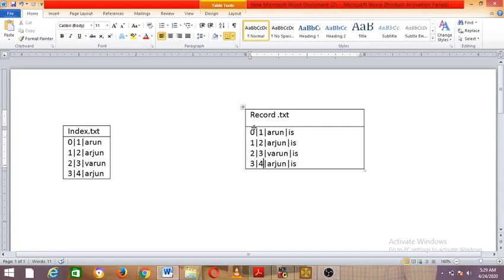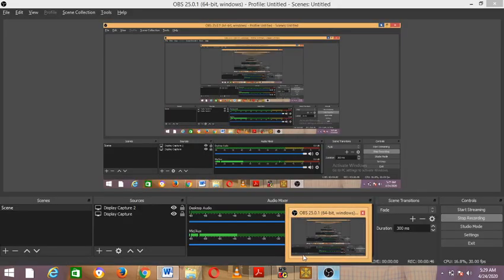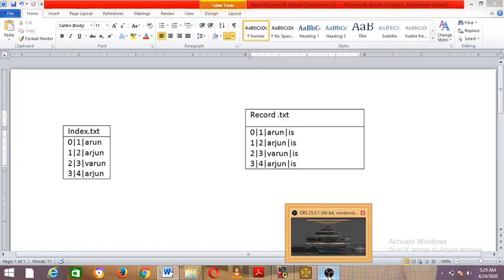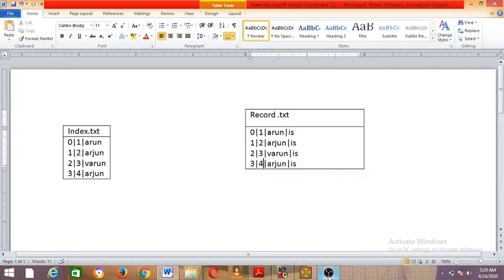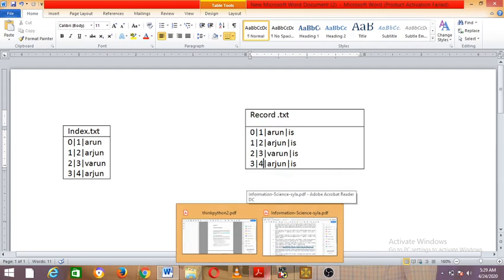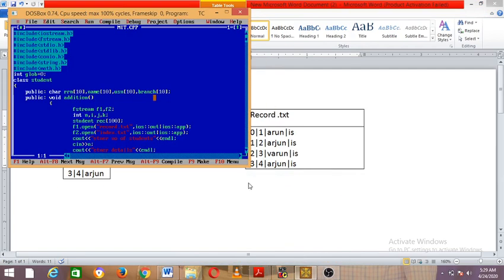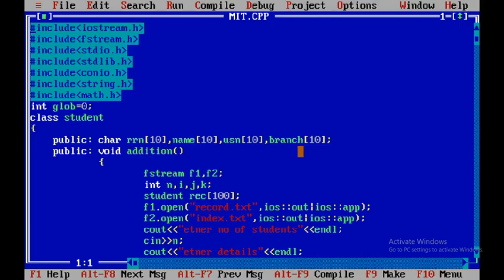Now let us look at how to perform the creation of the index file and record file. We'll start with addition, then I'll come back to deletion with the same example later. Fine, where was the example? Yeah, we'll directly go on to the program now. We'll start with the first function, as already displayed in the Word document to you all.